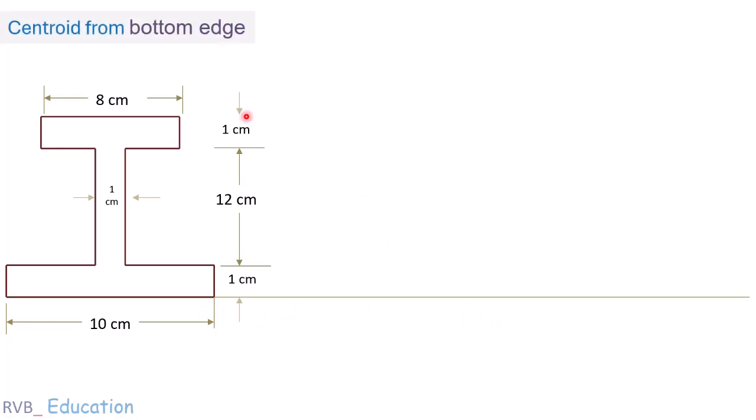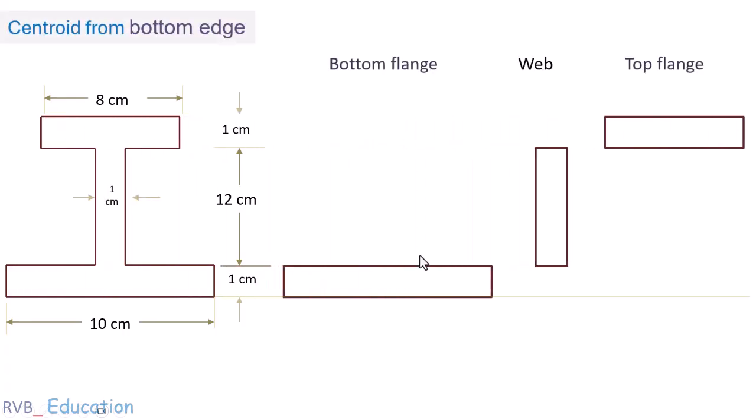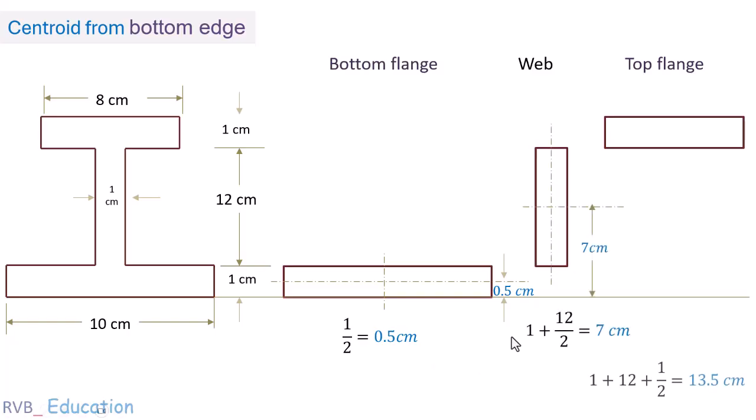Now, the centroid from the bottom edge. To find the centroid from the bottom edge, let's break this unsymmetric I section into three standard rectangles. The centroid of each rectangle component that makes up the composite section should be located with respect to the chosen reference axis. Look here,